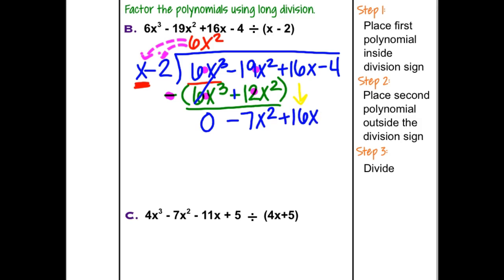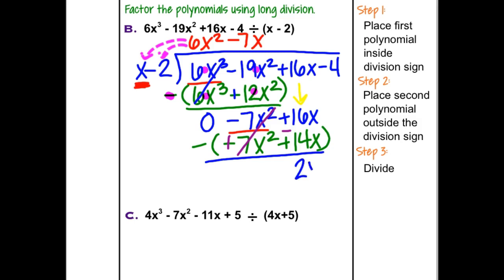So then I say, start again, and I say, okay, what do I have to multiply x by to get negative 7x squared? Well, that's multiplying by negative 7x. I distribute that through, and I get negative 7x squared plus 14x. So I'm subtracting this, so if it helps you, this becomes plus, this becomes minus. So negative 7x squared plus 7x squared cancels. Then we have 16x minus 14x, which is 2x. I then drop down the negative 4,